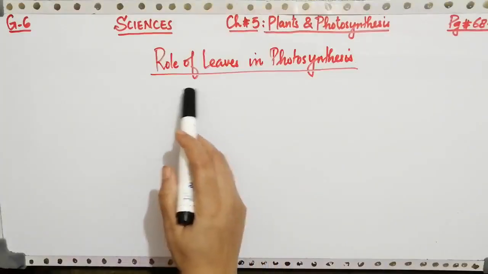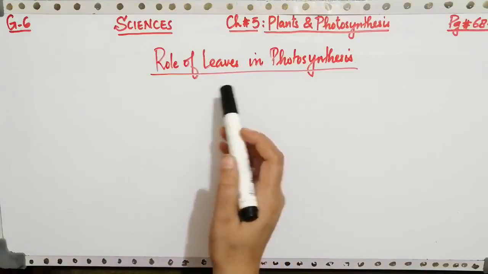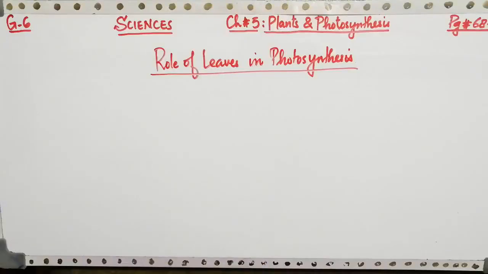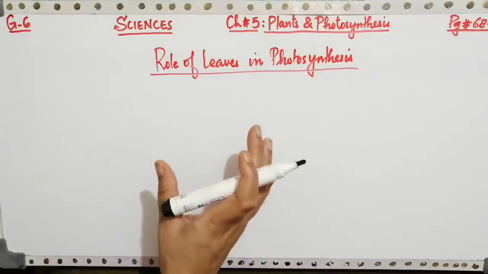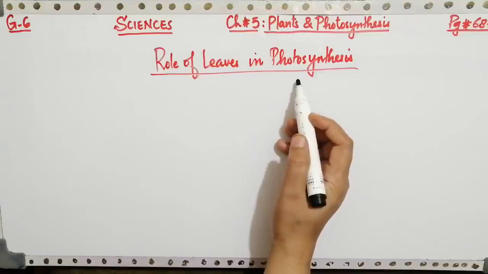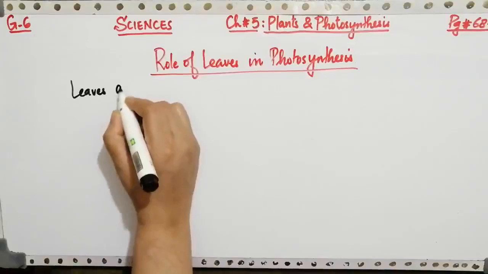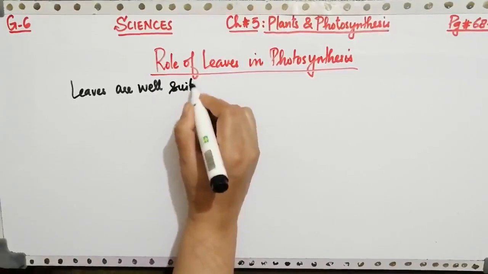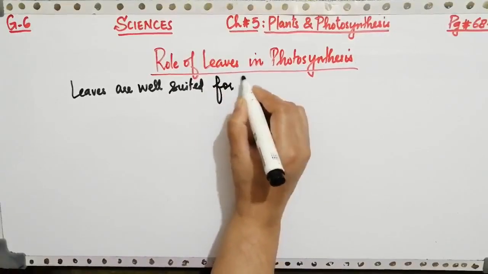Now the next topic is the role of leaves in photosynthesis. As we know, photosynthesis takes place in the leaves of plants. For this purpose leaves are well adapted to their job. So what are the important characteristics of leaves in order to perform photosynthesis in them? Leaves are well suited or adapted for their job,